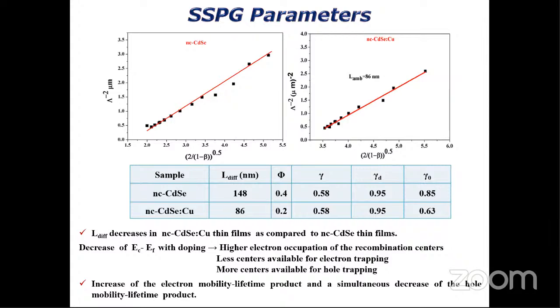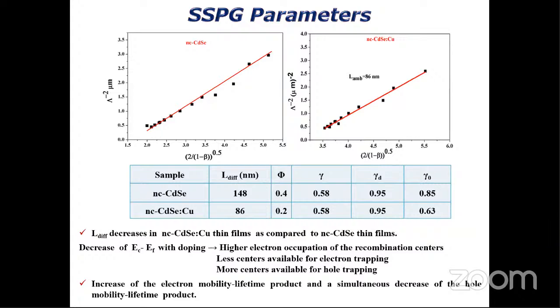Okay, and then we have tabulated these things in the table, and here we can see that the L diffusion length decreases when we are adding the copper on this material as compared to the undoped one. Okay, and the decrease of EC minus EF with doping is due to the higher electron occupation of the recombination centers which are present in that material, and fewer centers